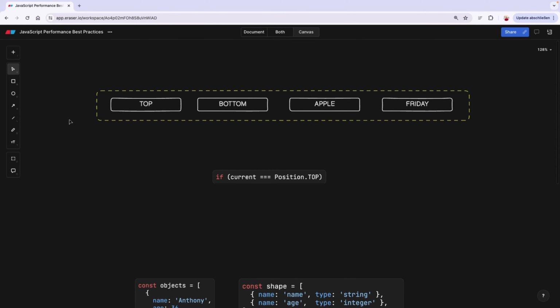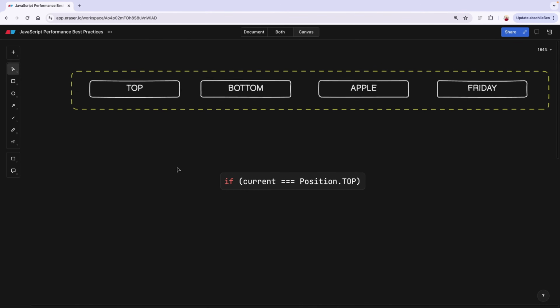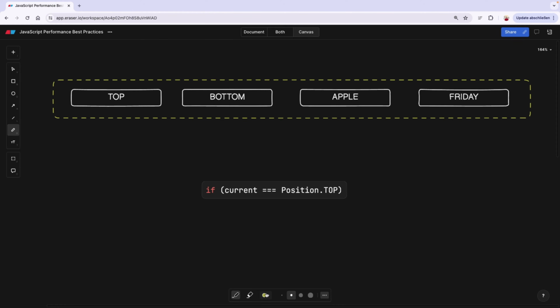So every time our code is being executed and we reach this if statement, what's gonna happen is we are going to reach out to the memory. So we're going to reach out whether this top or actually this current. We're going to grab the value of the current and we're going to grab the value of the top